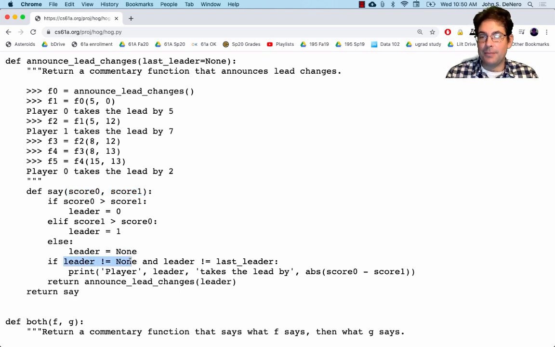Then it does a check. If it turns out that somebody's winning and it's different from who was leading before, then print out that the lead changed. And finally, return say, but not the same say, a new say with a new last leader. Every time you call a function, you're assigning its formal parameter to some argument. So we've computed the new leader based on the latest scores, and we pass that in as the last leader